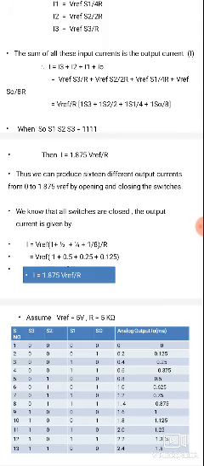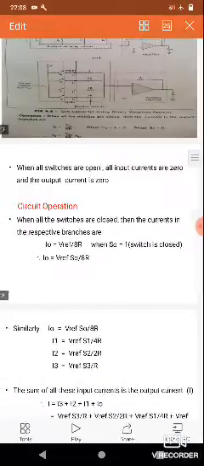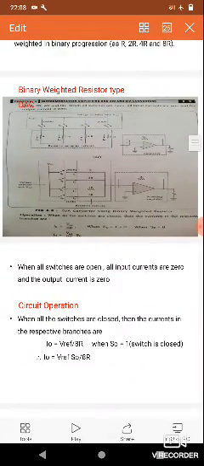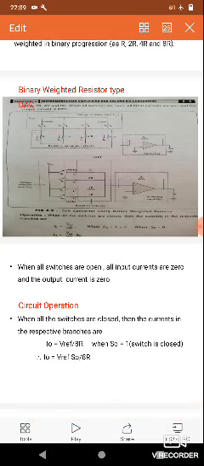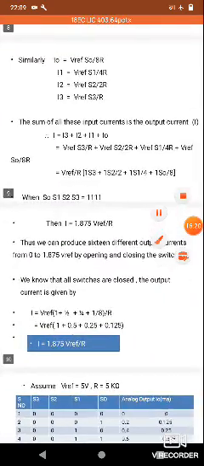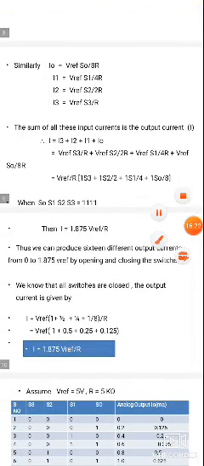Next, the sum of all these inputs equals the output current. So the output current depends on the total values. Here I depends on I0, I1, I2, I3. So I is the combination of I0 plus I1 plus I2 plus I3. The total current equals the sum of the individual currents: I3 plus I2 plus I1 plus I0, where I3 equals